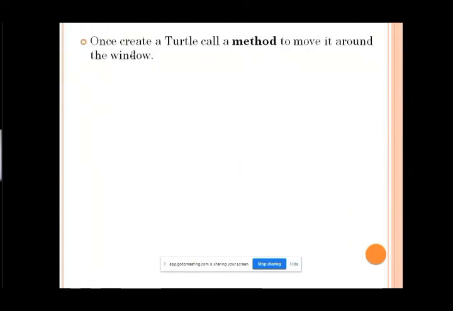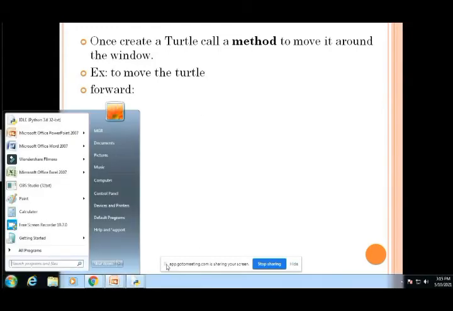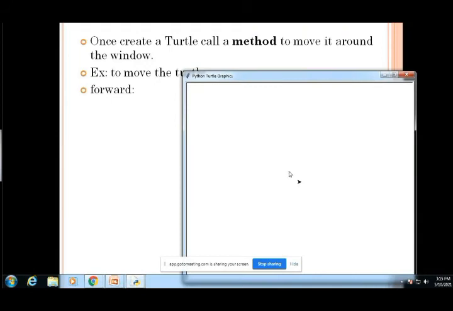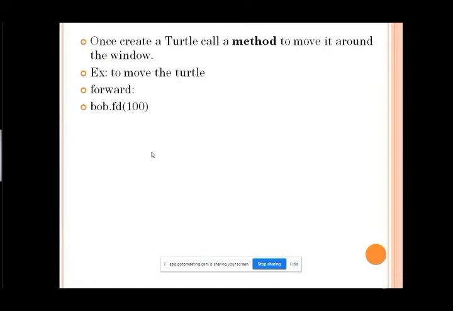Okay, once you create a turtle, call a method to move it around the window. For example, how to move this turtle? By using this turtle, we have forward, by using bob.fd.